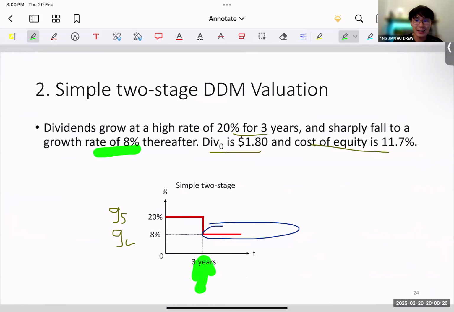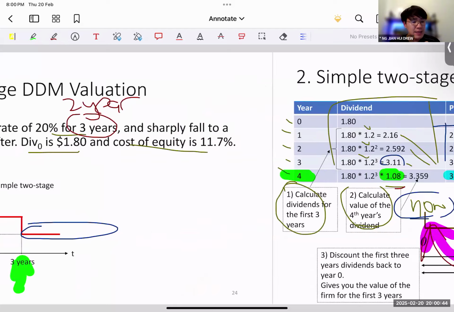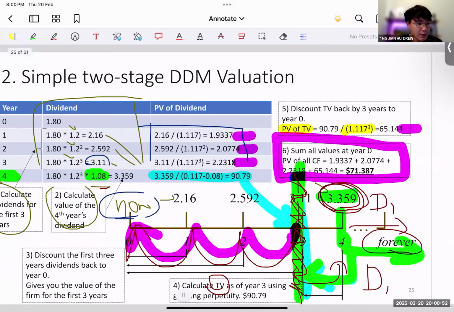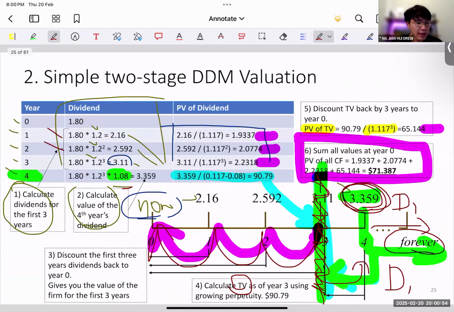So you are saying the thing, yes. If it kickstart in year 2, so let's say the question is it will fall sharply in, so let's say it grows at a high rate for 2 years, right? 2 years instead of 3 years. This is 2 years, meaning that we need to shift everything. So that means we take this one, year 1 is okay, year 2 is okay,